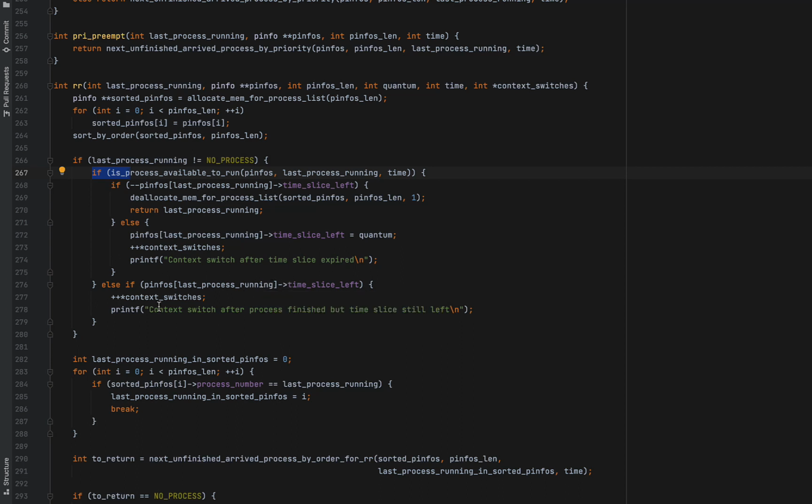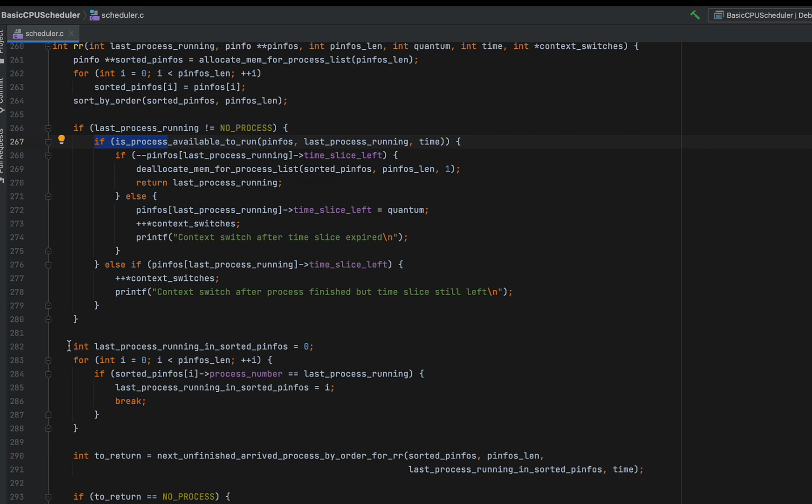That means that a context switch has to happen because the process has finished execution, but time slice is still left. Since it is the else of this if, which says is the process available to run, if the last running process is not available to run, what is going on? The process has clearly already arrived. That means the process has already finished, right? So we print this and we don't return anything.